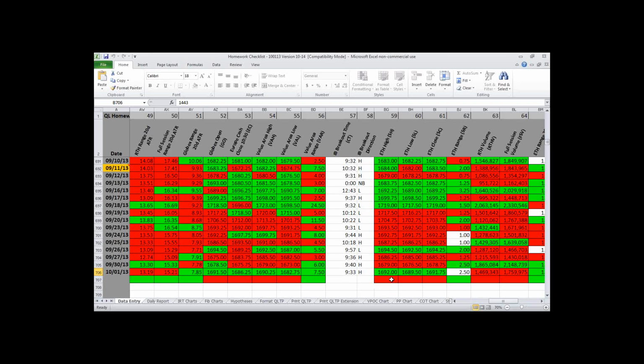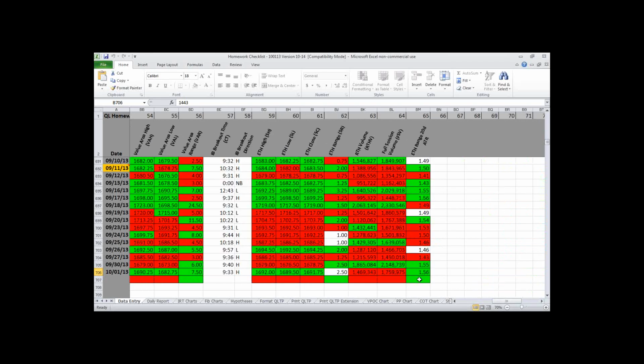Our extended session high, 1692. They went up and tried to make a new high. Didn't quite get there. Missed it by 2 ticks. Our extended session low, 1689.50, and our settlement close was 1691.75 for a 2.5 point range. And again, larger than normal. Our 20-day ATRs are running 1.5, and we had 2 days in a row where we had 2.5. Slightly larger volume at 1.4 and 1.7 respectively.